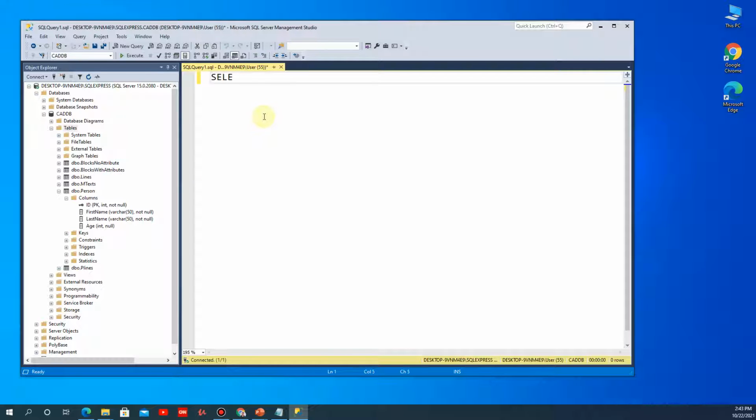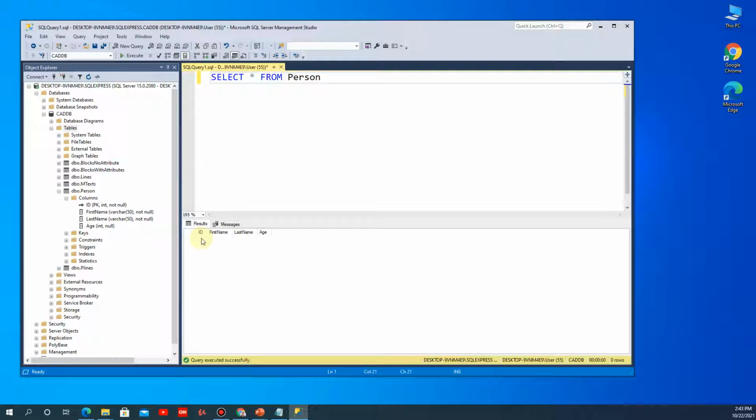First, let's just select asterisk from person. This is our table. Currently, no record here. We will just leave this select asterisk from person so that we can examine if our insert